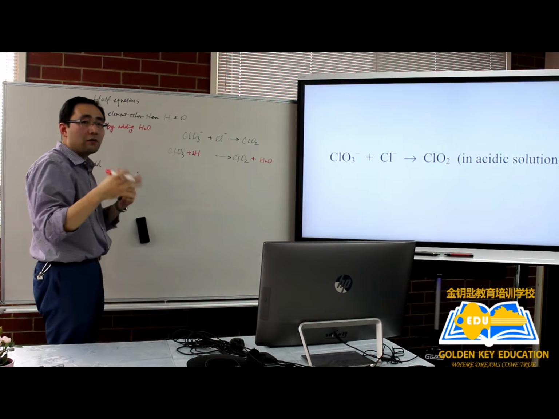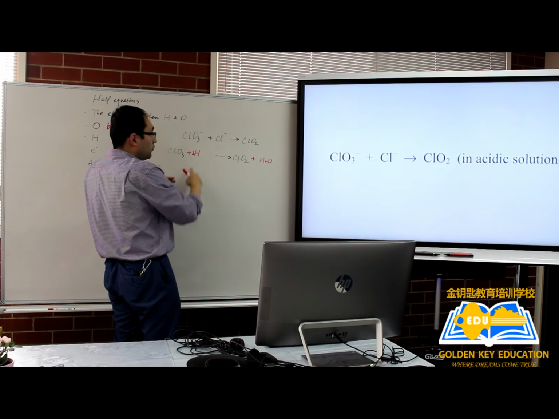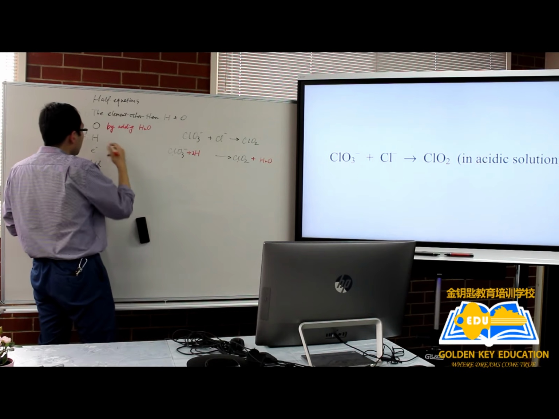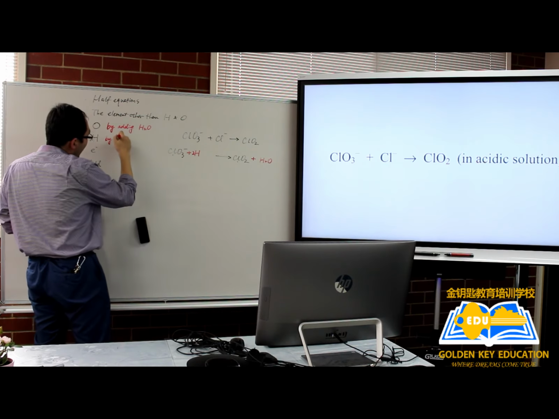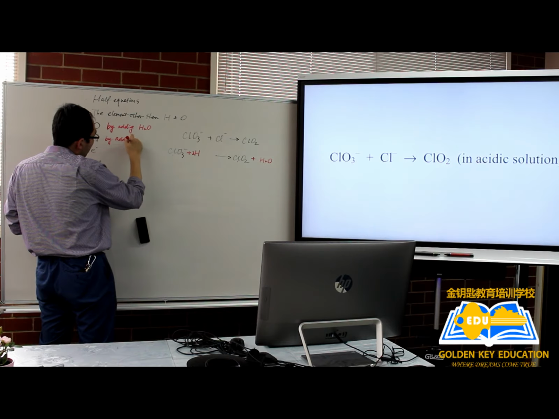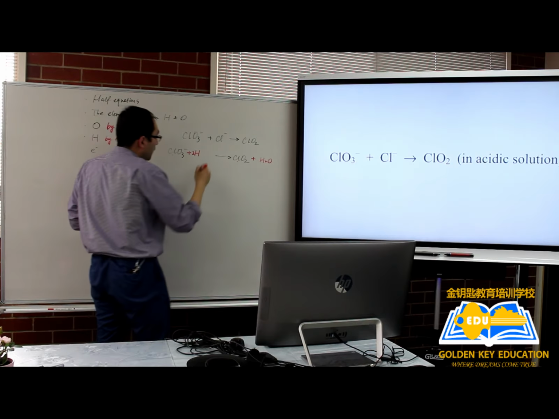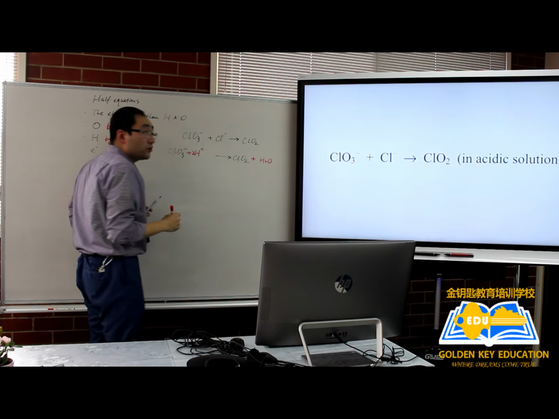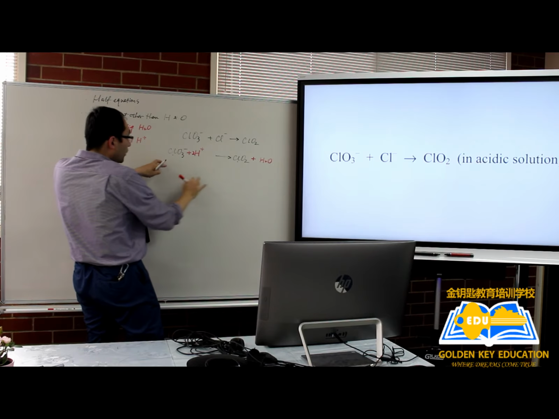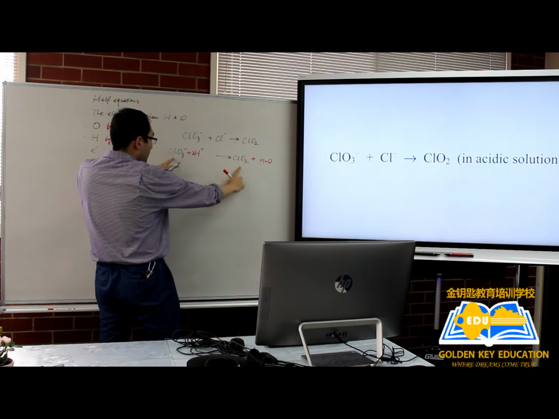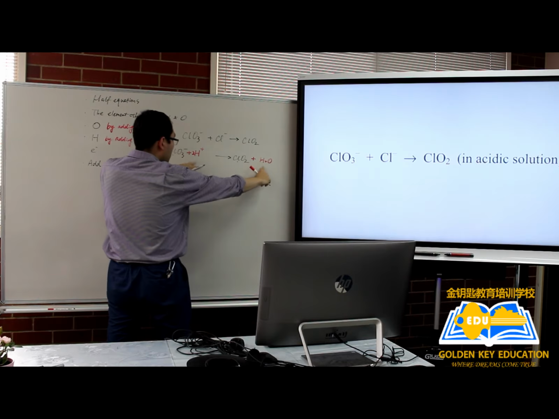Now here is what the common mistake is. We cannot simply add hydrogen atoms. Hydrogen is balanced by adding hydrogen ions. Alright, now please do not forget about putting the charge on the top right corner. Now, 1 chlorine on each side, 3 oxygen on each side, 2 hydrogen on each side, and we move on